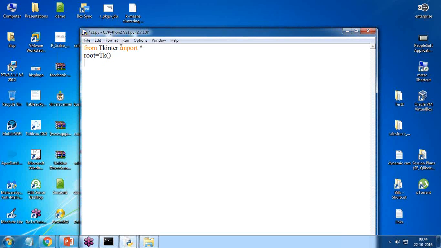And then I write from Tkinter import star, which means it will import all the modules which are available in this Tkinter library. And root is equal to Tk, w is equal to Label, it will connect to this root, and I set the text is equal to welcome to BISP. This will add a label actually, and w dot pack and root dot mainloop, and let's